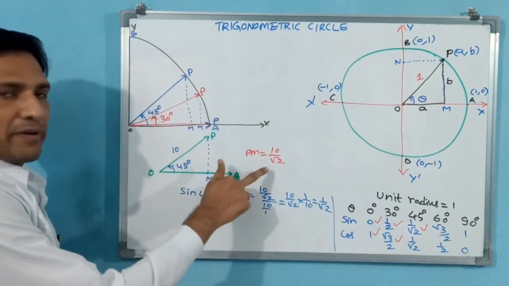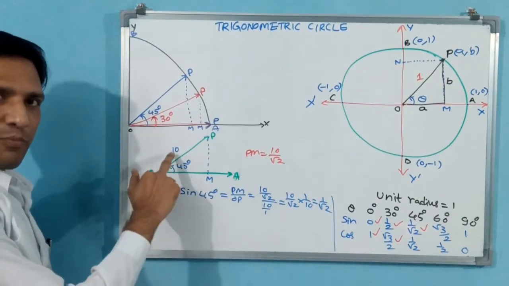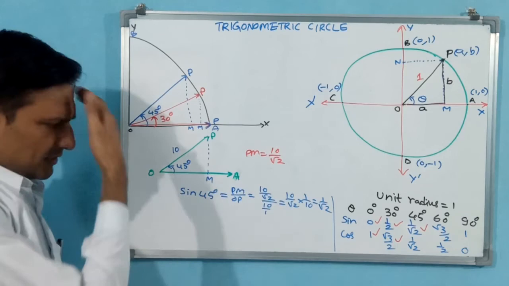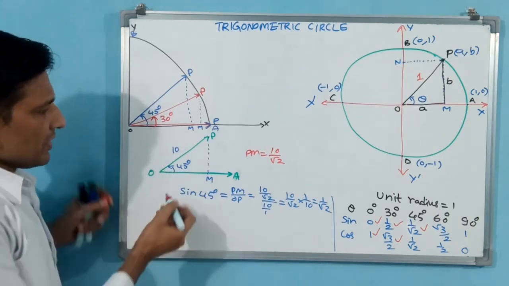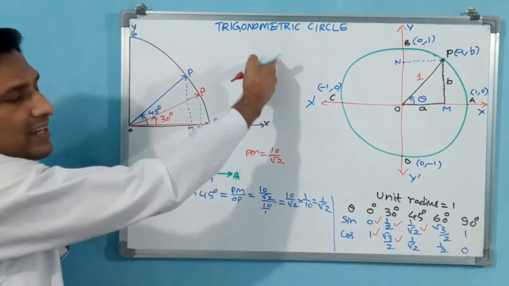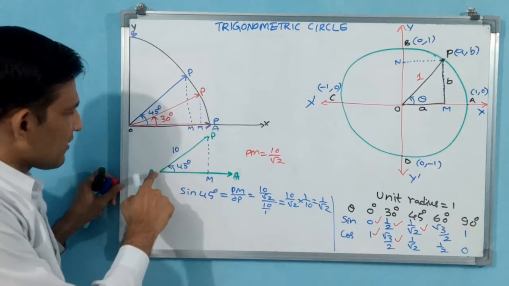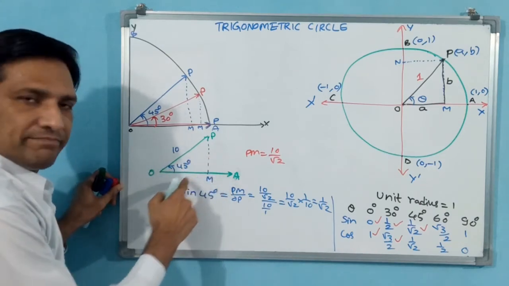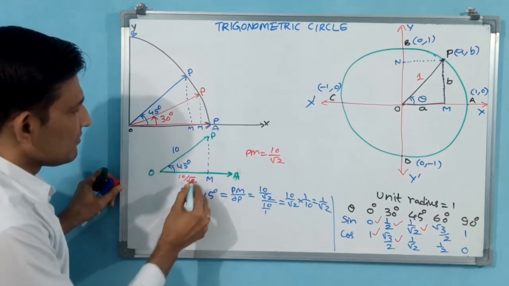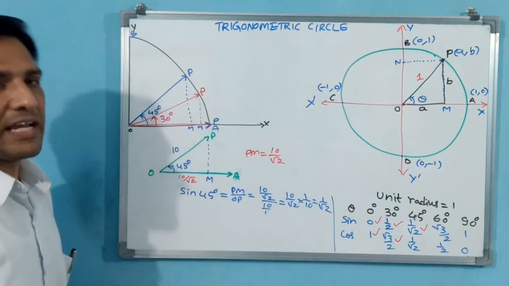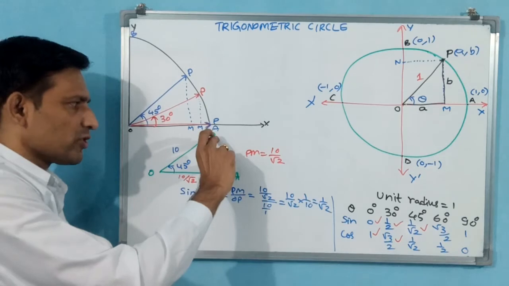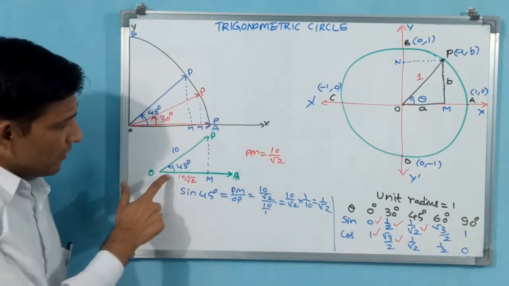Why? Because if you do it with graph paper or normal paper also, with scale and protractor, 45 degrees, 10 centimeter, this result you are going to get. Okay. Now let us see how much this is going to come. OM. Pythagoras theorem also you can do, but you need not do. At 45 degrees both will be the same. These two. That means this also, 10 by root 2, will come. At 45 degrees I am talking about. At 45 degrees if you measure this, this also will be 10 by root 2, this also will be 10 by root 2. Okay, at 45 degrees.